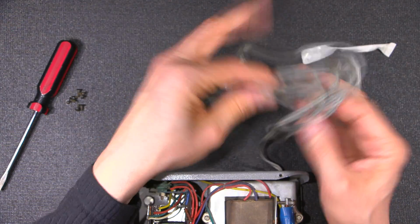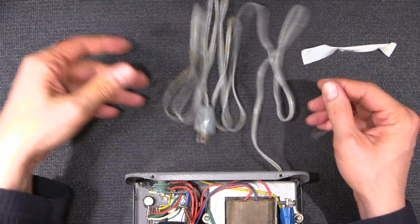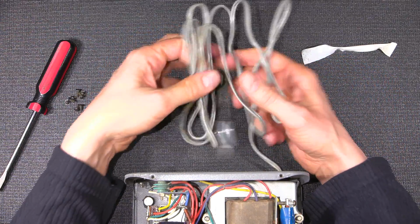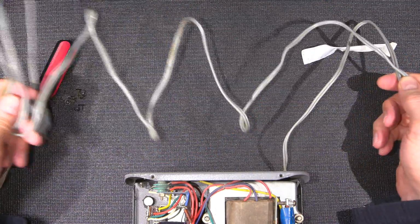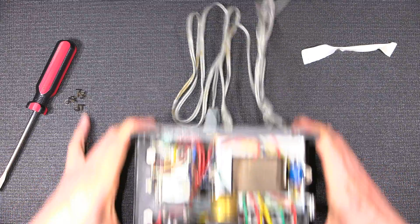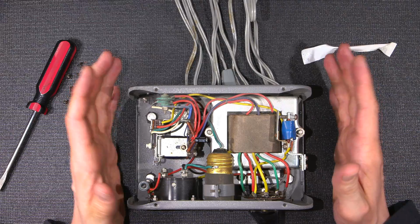You can actually hear how incredibly hard that plastic is. Wow, that's brilliant. You could use this thing as a suspension spring in a truck or something. Look at that. Okay, so what I'm going to do is I'm going to get my Variac isolation transformer and